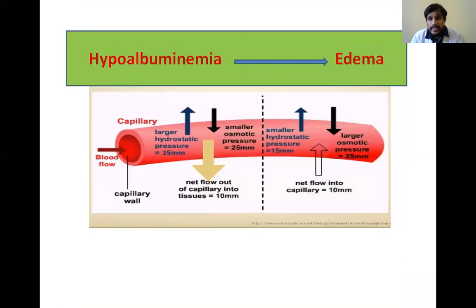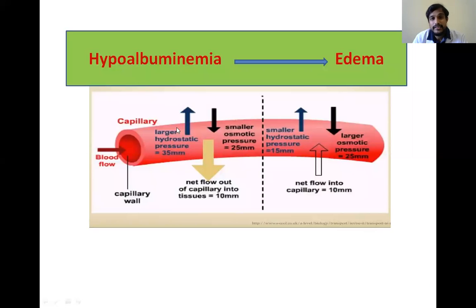Coming to edema. So what is edema? Edema is accumulation of excess fluid in the body tissue. Here we can see in blood vessels there is hydrostatic pressure and osmotic pressure. There will be a balance, equilibrium between the hydrostatic pressure and osmotic pressure. When hydrostatic pressure is increased, the fluid will go out into the tissues. When osmotic pressure is increased, the fluid comes inside. But an equilibrium is maintained generally in a healthy individual.